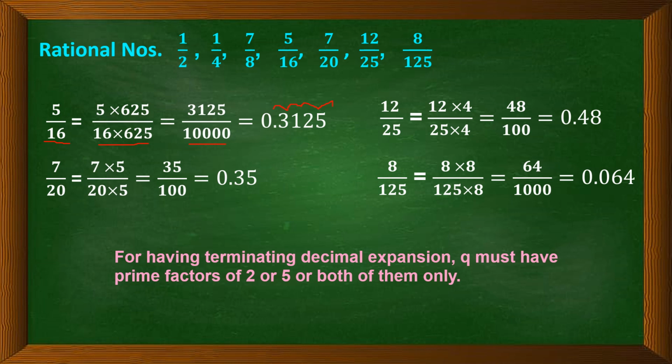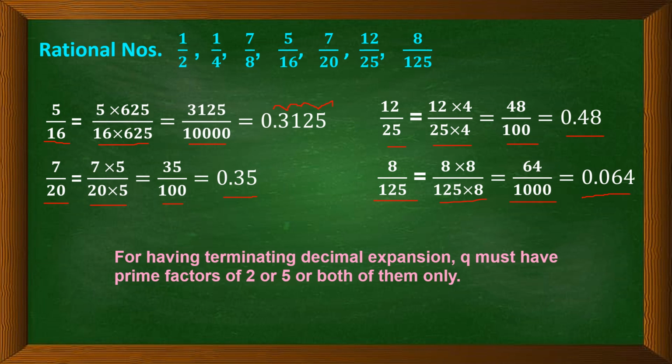Next is 7 by 20. 7 by 20, if multiplied by 5, both in the numerator and denominator, we shall get 35 by 100, which is equal to 0.35. Now 12 by 25 multiplied by 4, we will get 48 by 100, which is equal to 0.48. 8 by 125, we will multiply by 8 to get multiple of 10, that is 64 by 1000, which